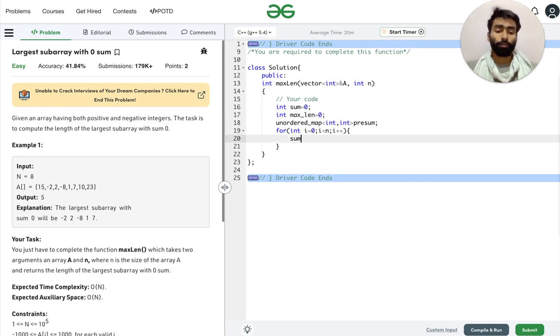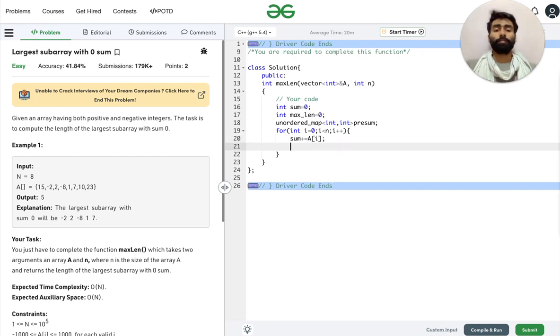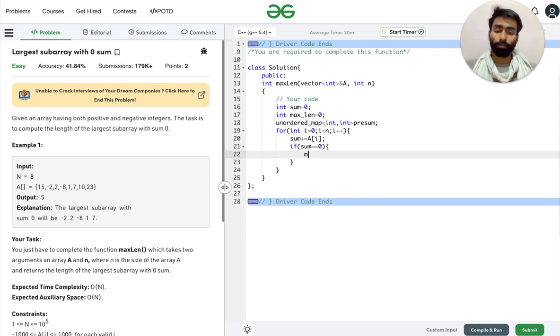So sum plus equal to the given array at i. The current element will be added to the sum, and if sum is equal to 0, in that condition max length equal to maximum of max length or i plus 1. i plus 1 because we are indexing from 0.